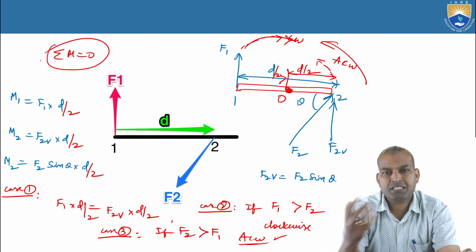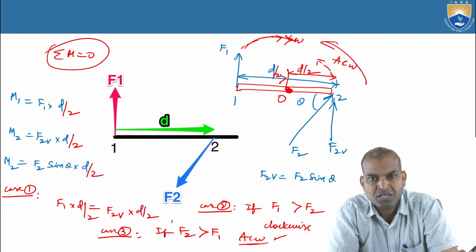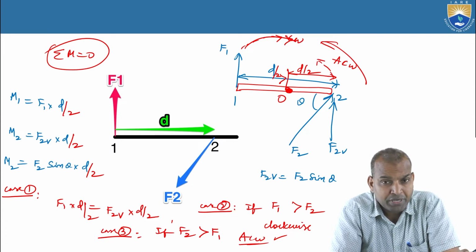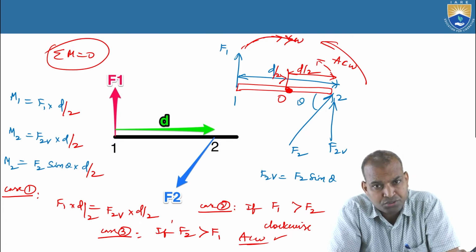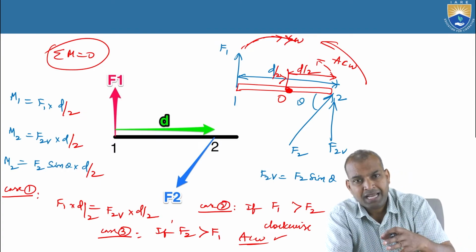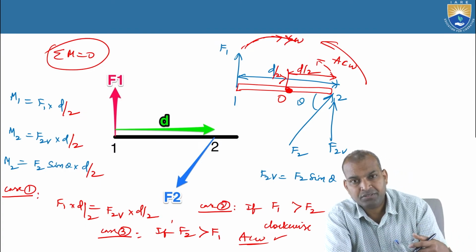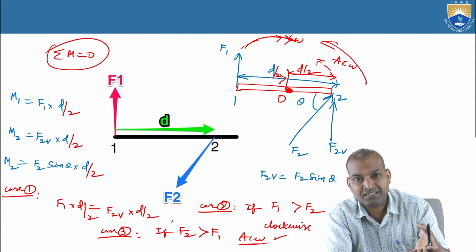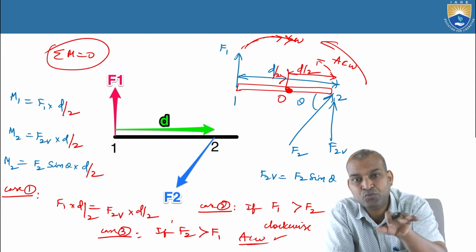What is the algebraic sum? Algebraic sum means the sum with positive and negative signs; it can include both clockwise and anti-clockwise moments. If we consider clockwise moments as positive, then anti-clockwise moments are negative. Why do we have to consider it like that? So that mathematically we can handle it.